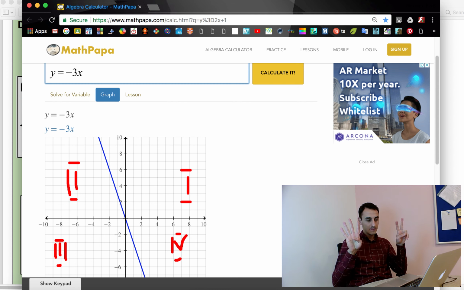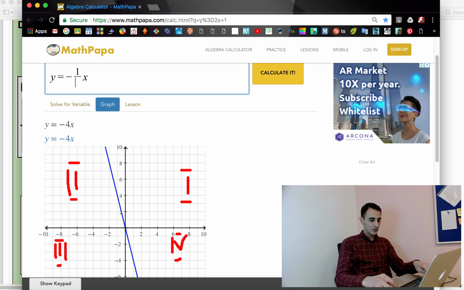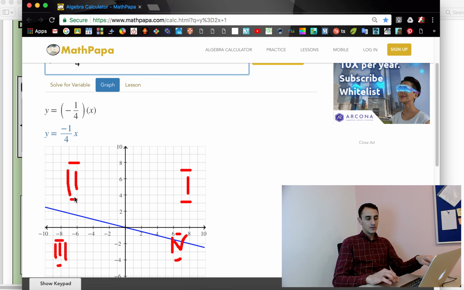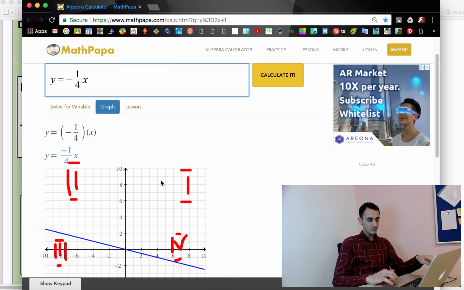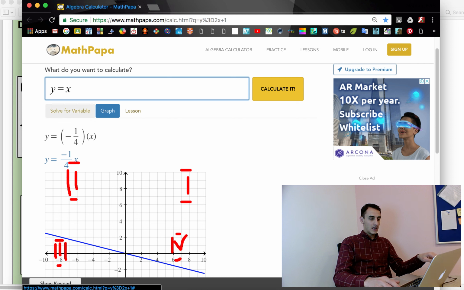Okay? It is the same for all negative numbers. For example, negative 4. For example, let's try fraction negative 1 over 4. Okay? Again, second and fourth quadrant. There, it's passing through. Okay, so as you see,